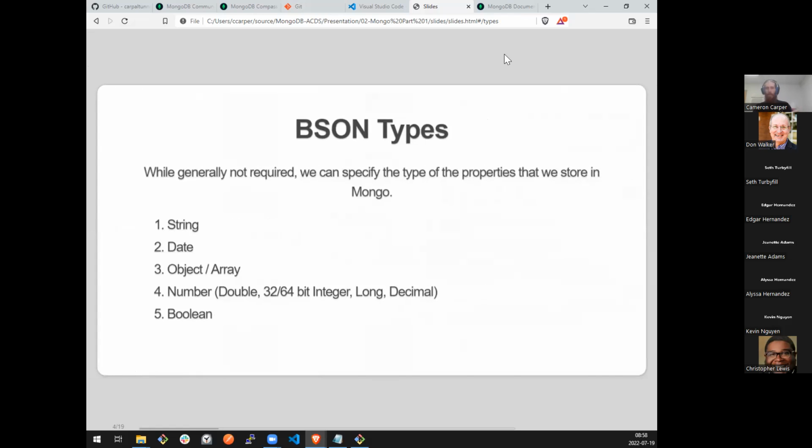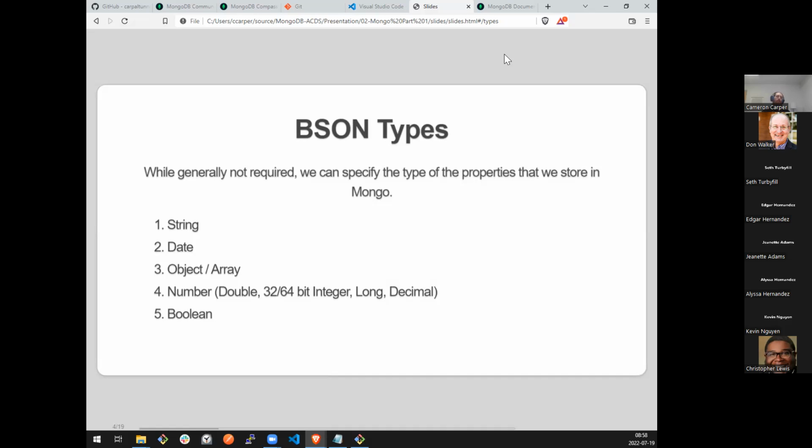And here are the more specialized types I was talking about. These are the types that are supported by BSON. I told you that we're going to interact with our database in JSON. That's how we'll write our queries. And when we look at our data and inspect it, we can mostly treat it as JSON. Under the hood, what's actually written to the file system in the storage for our database is truly BSON, which is our binary JSON format.